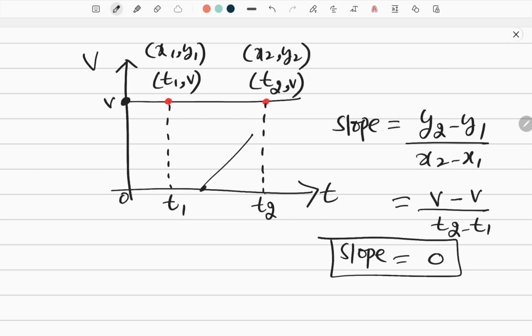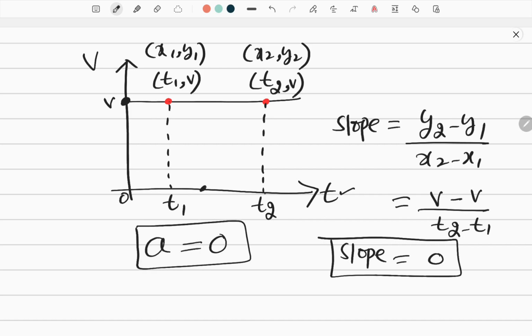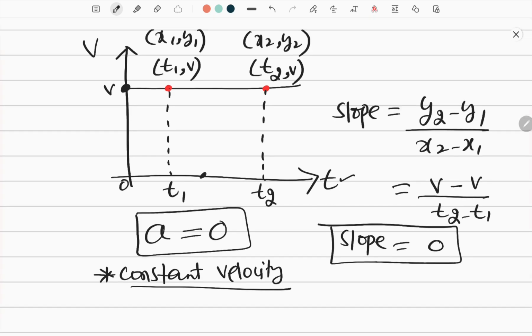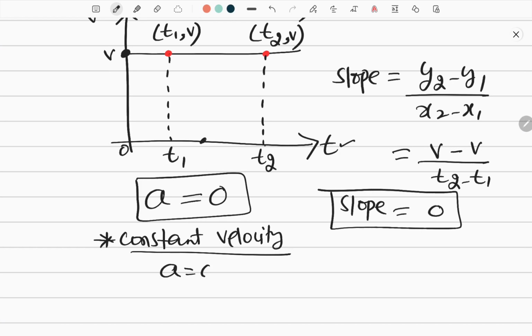Now if I draw any graph like this, or any graph like this, it will be making some angle, so then slope will be there. But here there is no angle, it is parallel to the x-axis, this time axis. Now if you see this, acceleration of this graph is also 0, because what is this graph? This is constant velocity, no? If you haven't watched the graphical representation of motion, please go and watch it so that you understand this explanation also. Constant velocity means acceleration is 0. Look at this, and slope is also 0.